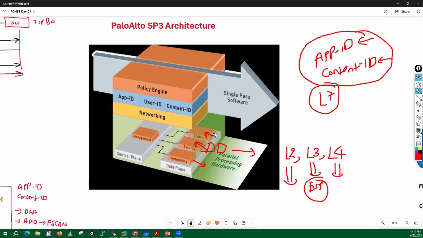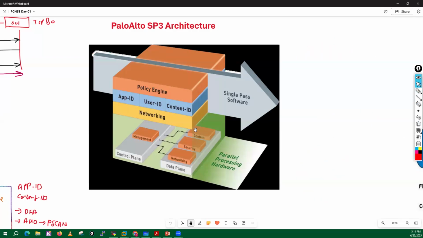This is the dedicated hardware processor we have for app ID and content ID related tasks. And on top of this content ID processor, we have an algorithm called AHO, DFA. Nowadays, AHO has been replaced with PSCAN. Those are the algorithms which run on top of this content ID processor, and they will do your app ID and content ID related tasks. Content ID includes your antivirus, anti-spyware, vulnerability protection, your WildFire protection, your file policy, your URL filtering, all those tasks are included here.